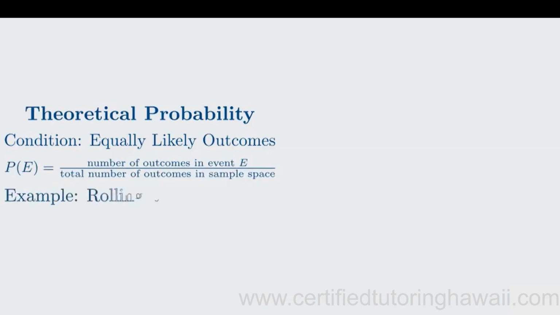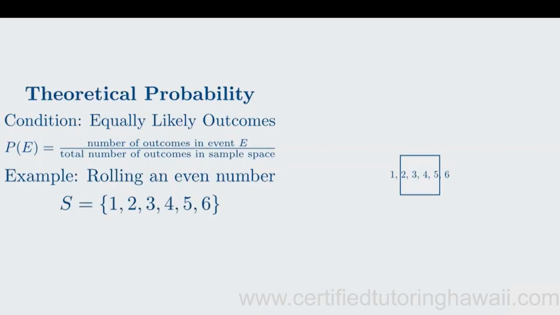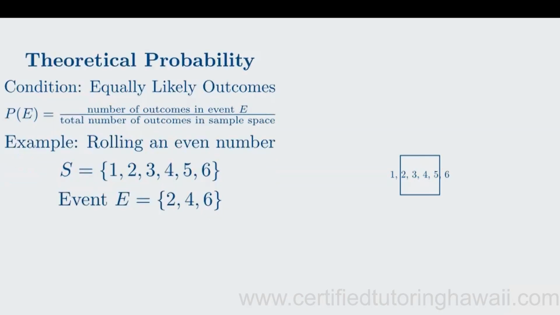Let's try an example. Suppose we want to find the probability of rolling an even number on a standard six-sided die. Our sample space has 6 total outcomes. The outcomes that satisfy our event, rolling an even number, are 2, 4, and 6. That's 3 outcomes. So, the probability is 3 over 6, which simplifies to 0.5,